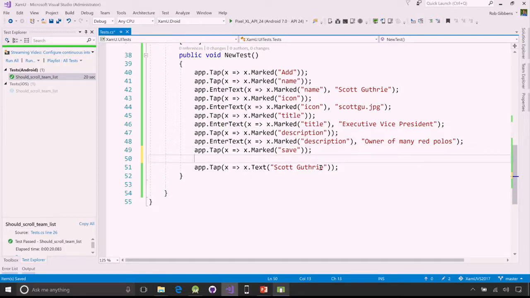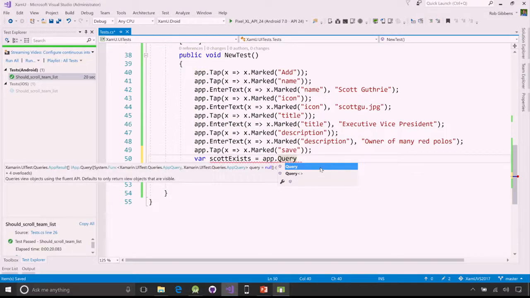First, after I tap save, I want to make sure that Scott is in the list. All right, so I can say var Scott exists, which is a very kind of existential question. Does he exist? And then we can use the app class again. With the app class, we can do a few things. So we can say app.query. This is going to let us look at the visual tree of what's on the screen at that time. And I want to make sure that something on the screen says Scott Guthrie. So I can say app.query